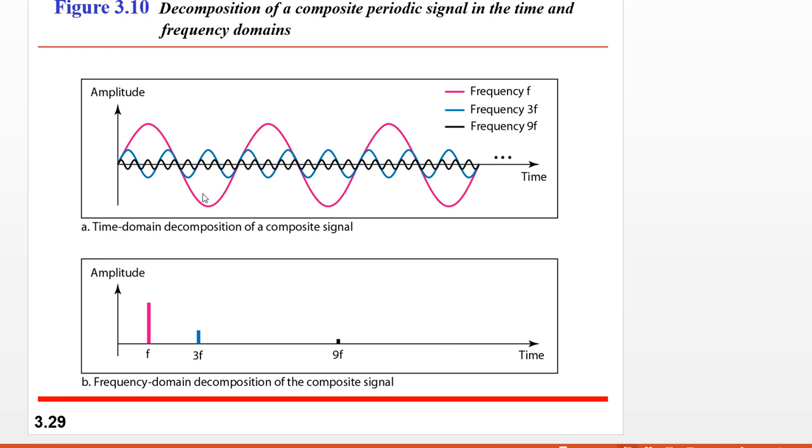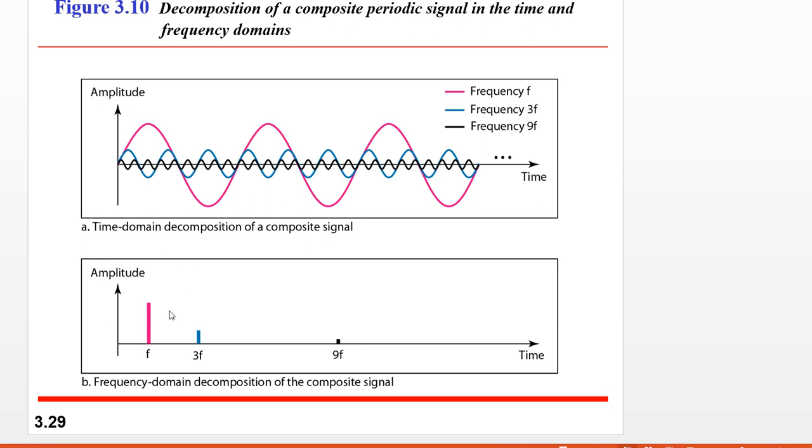One more you will see, periodic signals in the time domain and the frequency domain. There are 4 sine waves altogether, which I can call a composite signal. I have told you that a composite signal is a combination of sine waves with different frequency, different amplitude and different phase. So the first waveform is the time domain. It is composed of 4 sine waves, each with a different frequency and a different amplitude. The same can be drawn in the frequency domain, as you can see below.